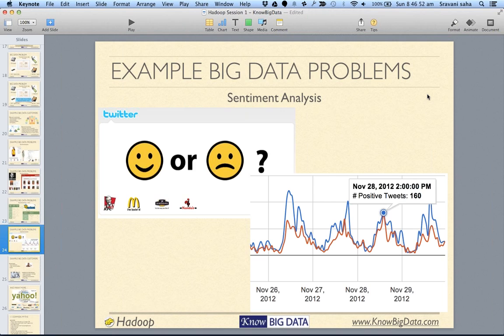A general way of doing it is to download all the data related to your brand. Say you are launching a product called, let's say, "no big data". Now you want to understand how your campaign is going and how people are responding to it. So for your keyword, you download all the tweets from Twitter. That's just one way. You download all the tweets from Twitter, and once you have downloaded them, what you do next is